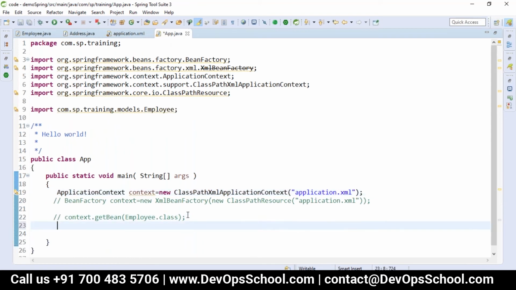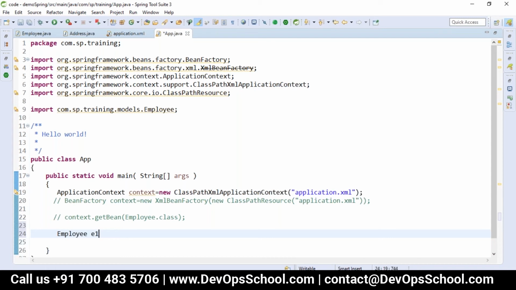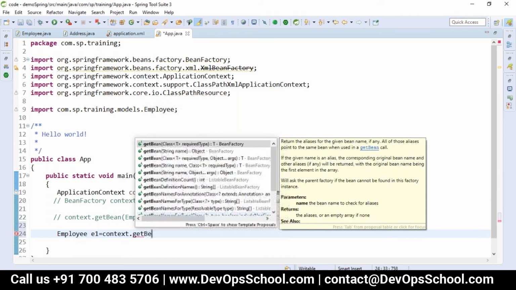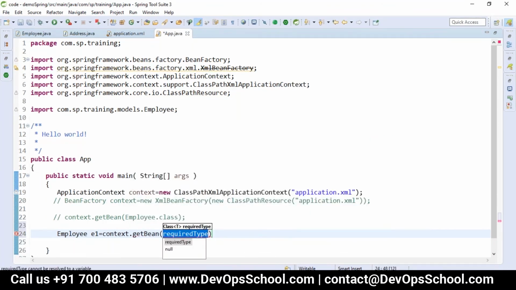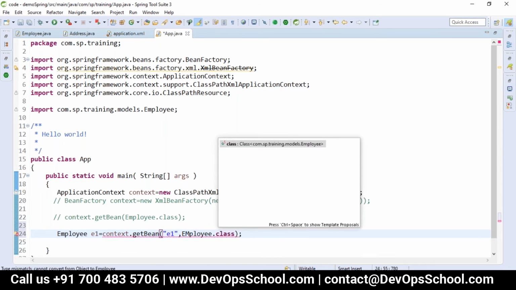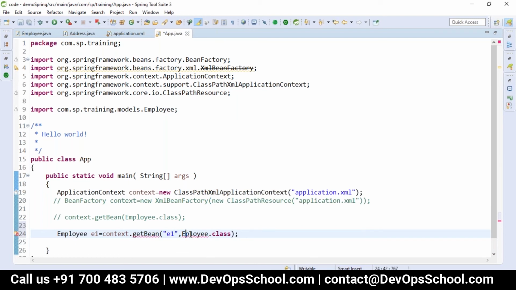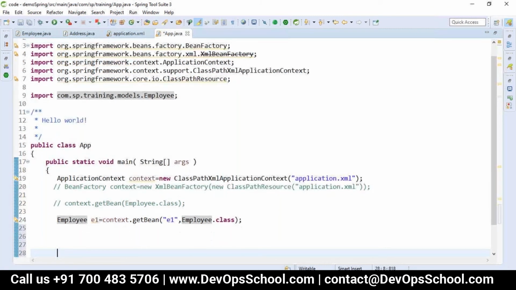Yeah. So here when I go, Employee e1 equals context.getBean, which is of Employee, but which is saying it should be casted. I will set the values here.